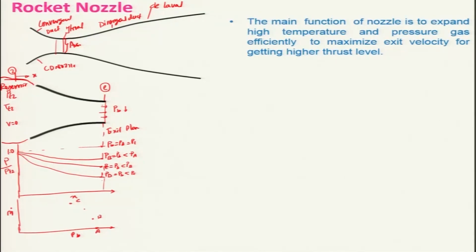If I decrease this pressure further down, let us say PE, which is lower than the PD, there won't be any change in the mass flow rate. There won't be any change. If this is your C and this is your D point, this is your E and PF, then naturally there won't be any flow. That means the mass flow rate will be changing. If I join these points,